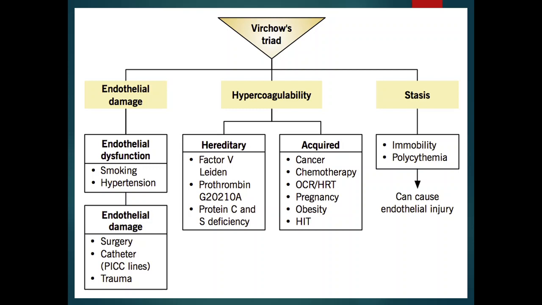Any one of these risk factors, and this is the Virchow triad, they talk about endothelial damage, let's say smoking, hypertension, surgery, catheter placement, trauma, hereditary like factor V, prothrombin mutation, protein C and S, acquired thrombophilia like cancer, chemotherapy, hormone replacement therapy, pregnancy, obesity, heparin-induced thrombocytopenia, stasis, which is prolonged immobility from ICU, mechanical ventilation, acute medical illness, polycythemia, long travel on airlines. These are all risk